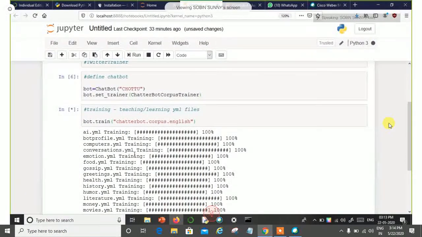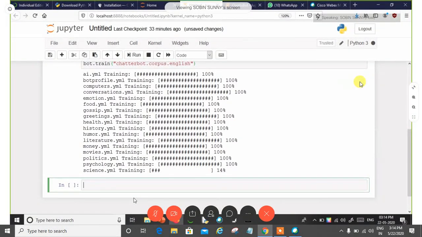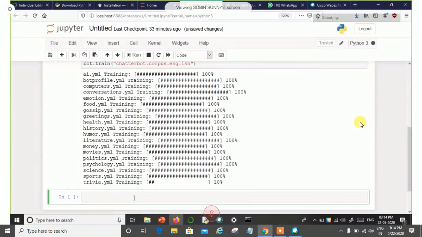It is not necessary to run this training step each and every time. Training is only necessary once. Once trained, the db.sqlite file will be created, and that contains the trained data. Then later on, no more training is necessary. It will refer to the database and give you the answers.